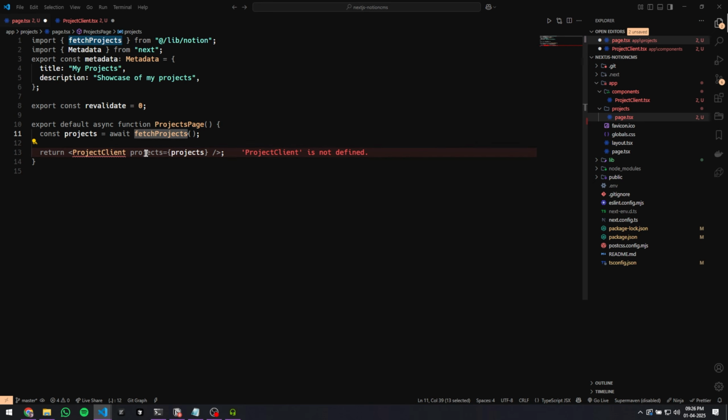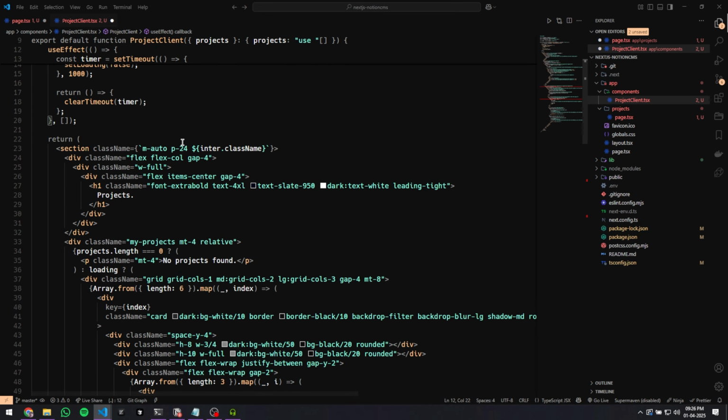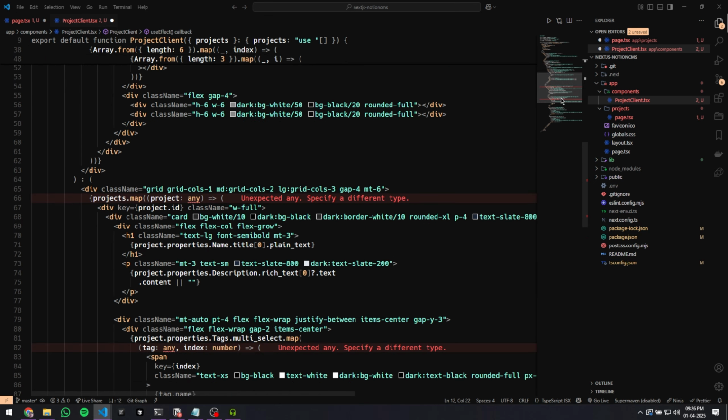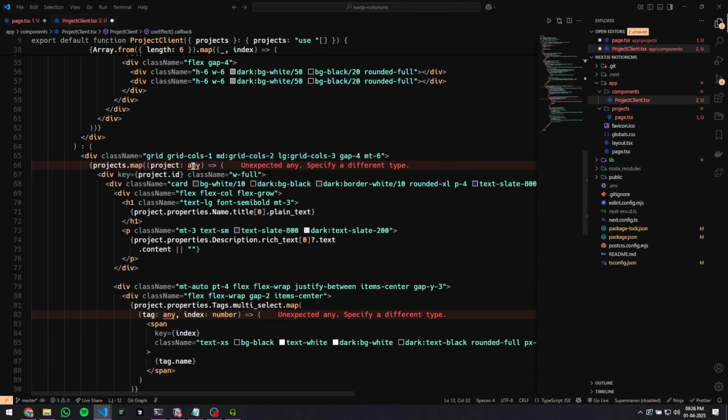Okay, so yeah, and that's pretty much it. You can also find this code from the GitHub repository as well, and I have used any here because as I mentioned earlier, we're not going to be focusing on the TypeScript type of things, but if you want to make it type safe, you can create a new